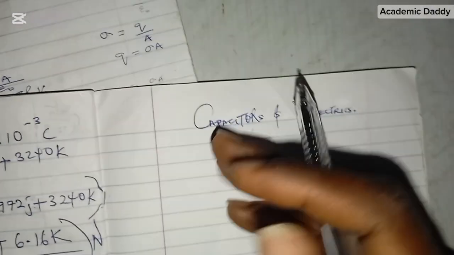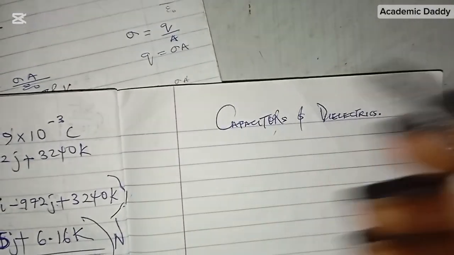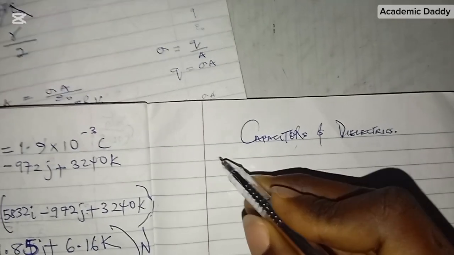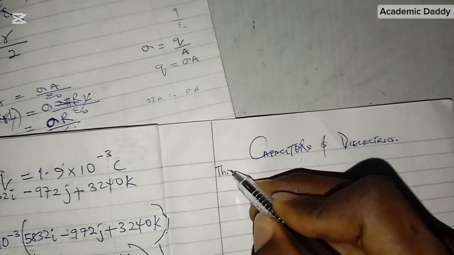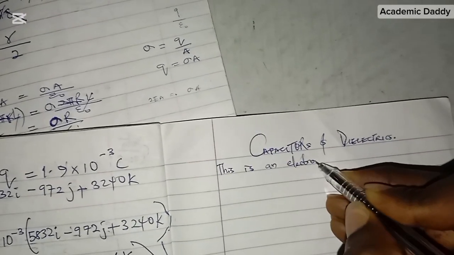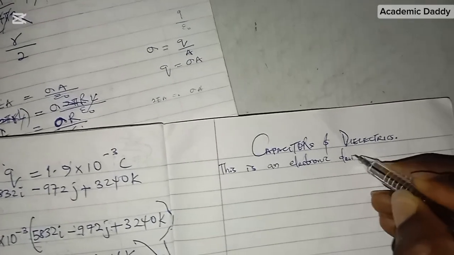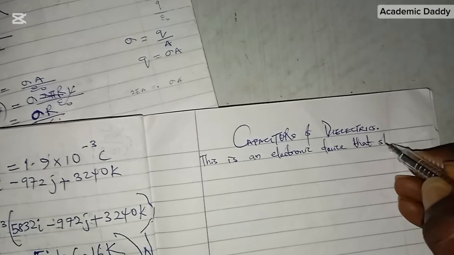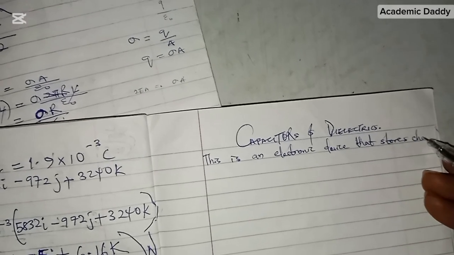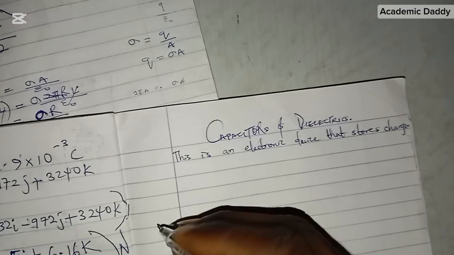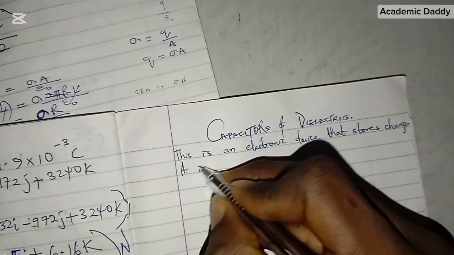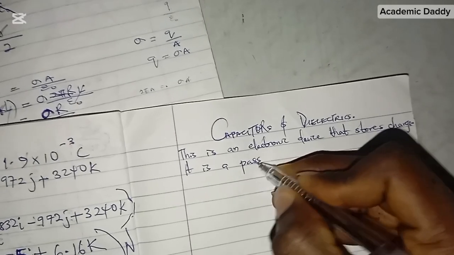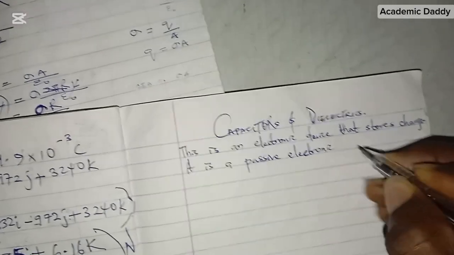So you need to understand that when it has to do with capacitors, we say that this is an electronic device used or that stores charge. So we also say that it is a passive electronic device. The same way you know that resistor is a passive electronic device